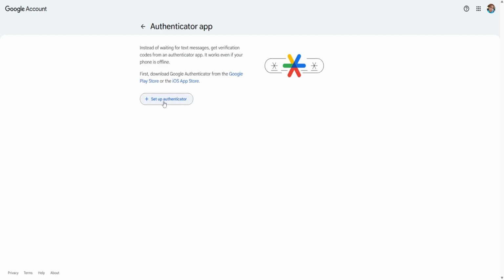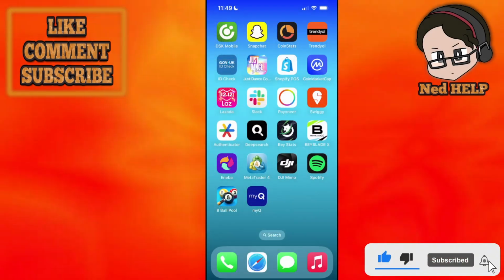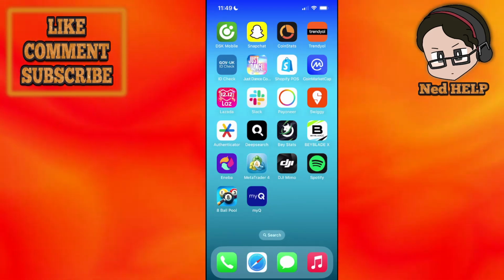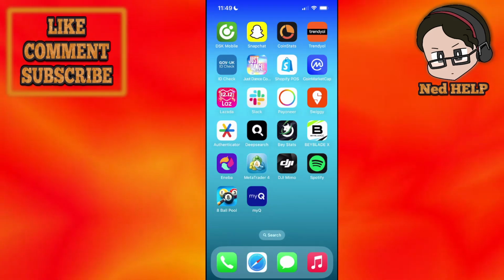Now you want to select Setup Authenticator. Once you do that, it is going to display a QR code. Now I'm just gonna open up my phone here, and from your phone you will download and open up the